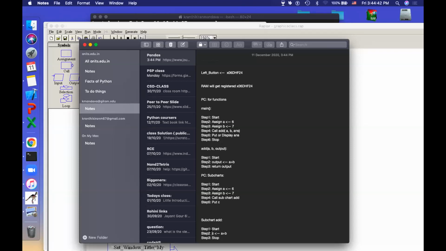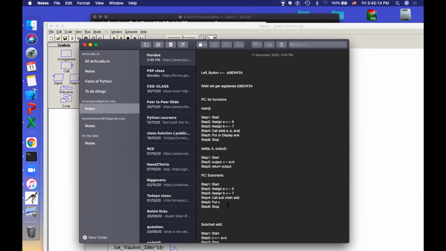So C is turned as a part of this program itself, but instead of writing it here, we are making it into another line, that's all. So if you don't have any page sufficient, you want it to be in detail and clear, instead of mixing all the instructions in the same flow chart, you just subchart it, that's all. So finally you will say step 6 and stop. So did you understand this?